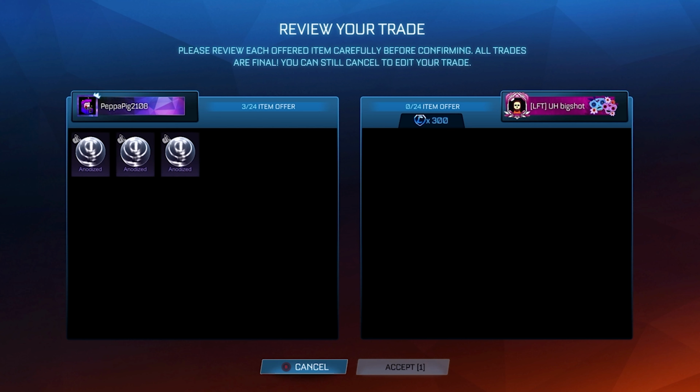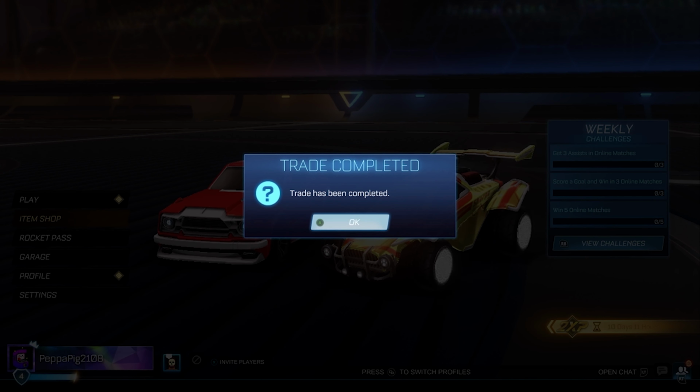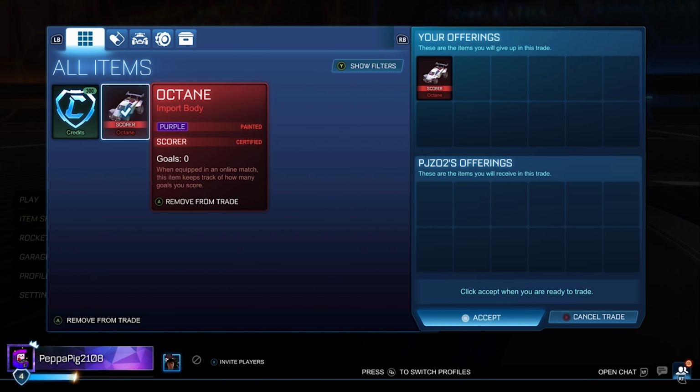Now, you may be wondering why I actually have around 700 credits worth of items in my inventory and credits as well, and that is because I'm actually going to be going to 2 Fennecs, because, yeah, the Fennec's only worth 400 credits. I want to prove how easy it is to make profit in Rocket League, so I'm going to be going to 2 Fennecs, and I'm also going to be giving away both of the Fennecs in my